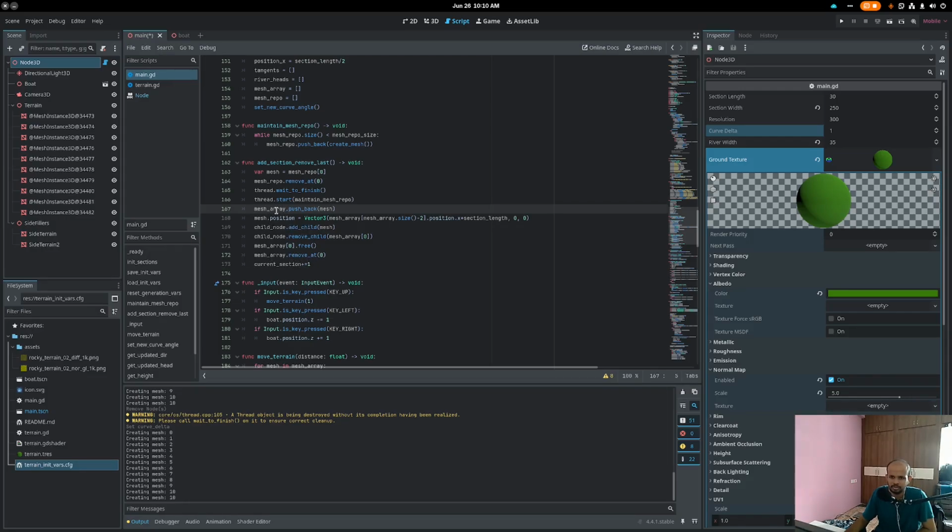So you put the mesh that you got from the repo in the mesh array, set its position based on the last node in the mesh array, that is, set its position based on the last node and the length. So you're just adding length to the x position of the last mesh, right? Or the second last mesh now, since our new mesh is the last mesh. And then